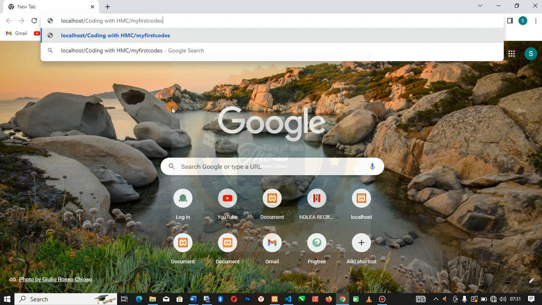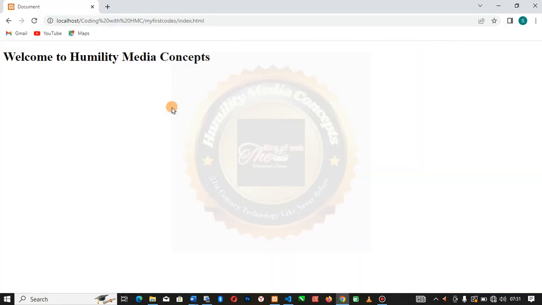Now we need to bring our file name here. Just write a slash and enter the name of our file, which is index.html. If you click Enter, it will display the end result of our code for us, which is welcome